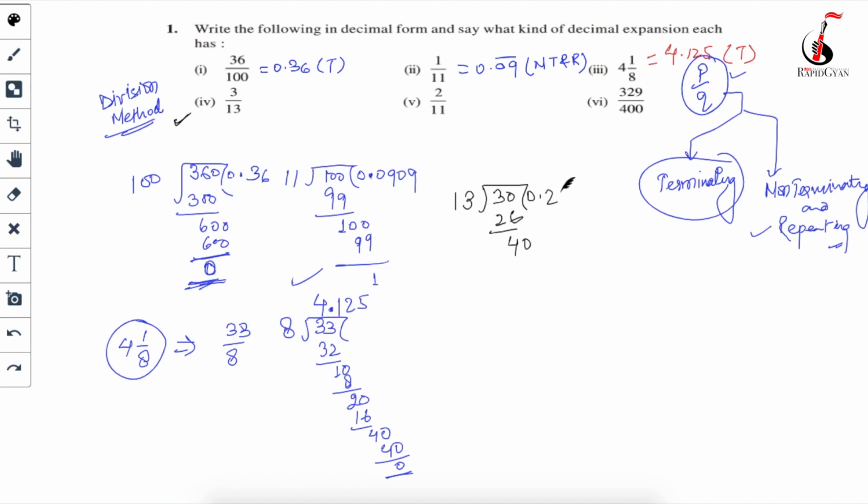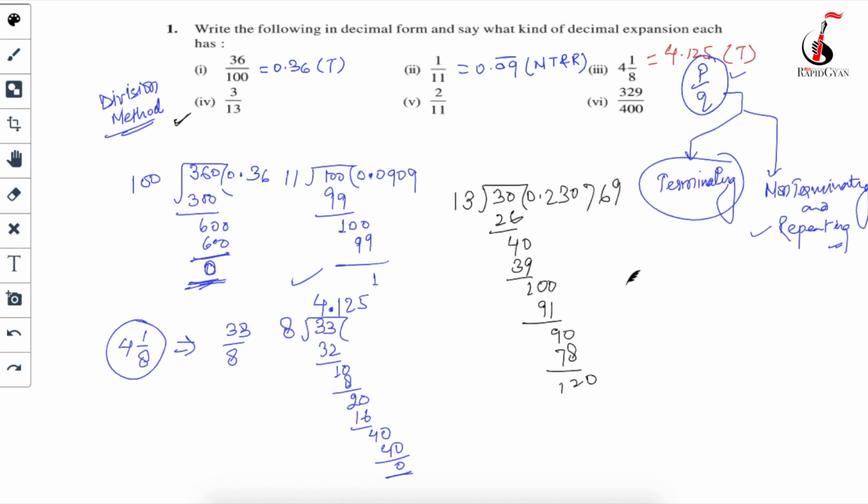After that it will go 13 3s are 39, then it's 1 and 1, I will put 10. So again 10 is not divisible by 13, so what will I do, beta? I will put 10 over here and 10 over here, then it's 100, so it will go 7 times because 13 7s are 91 and my remainder is 9, decimal is already there, 10 will come, then it will go 6 times, 13 6s are 78, correct? Here I will get 2, 112, decimal is already there, 120, then again it will go 9 times.